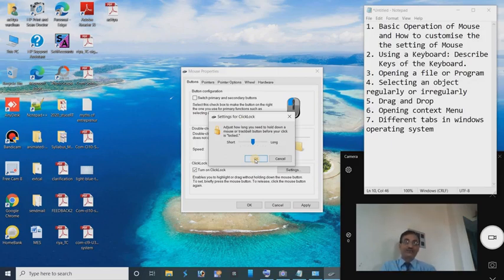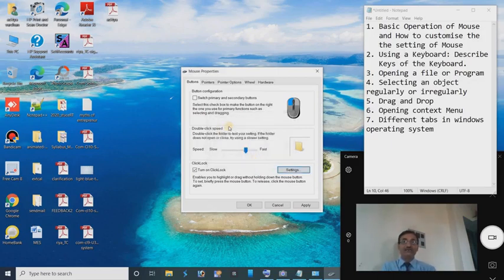We can do it practically. First of all, we have selected this one option and okay. After that, I am doing it. Apply. We have applied this one.